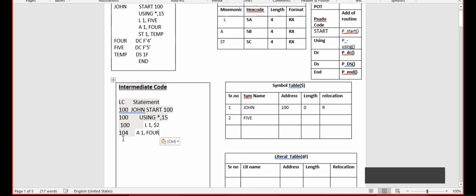So the next instruction will start execution from address 108. So this is the location counter for the next instruction.